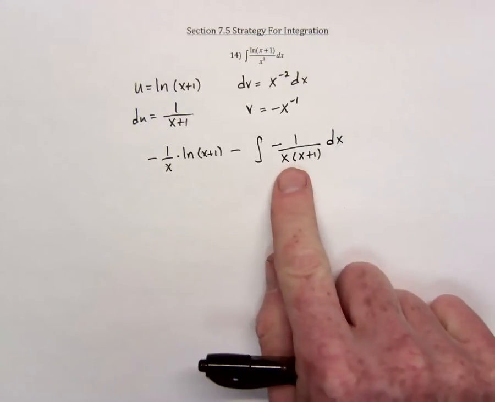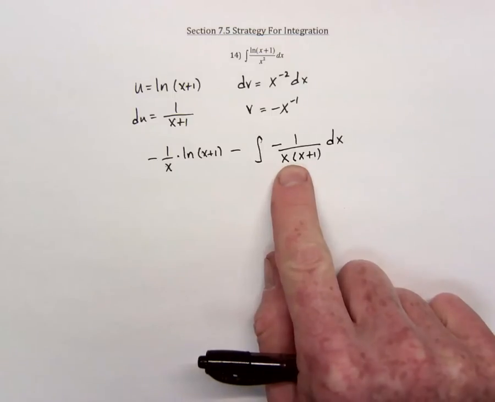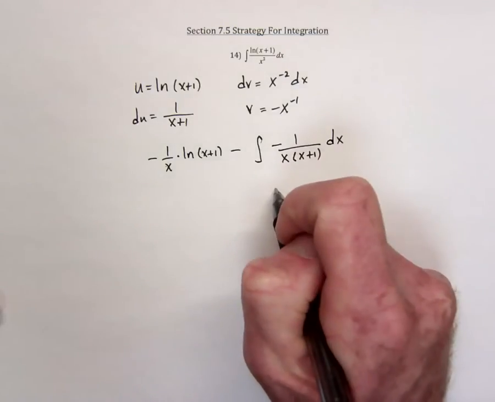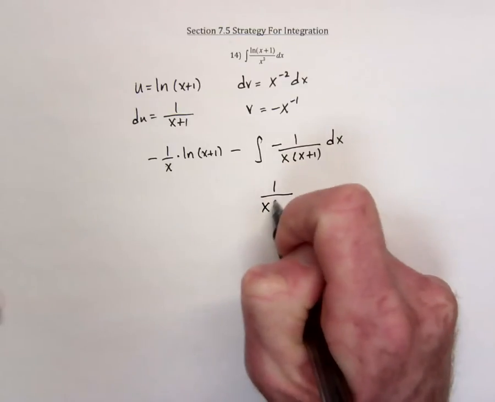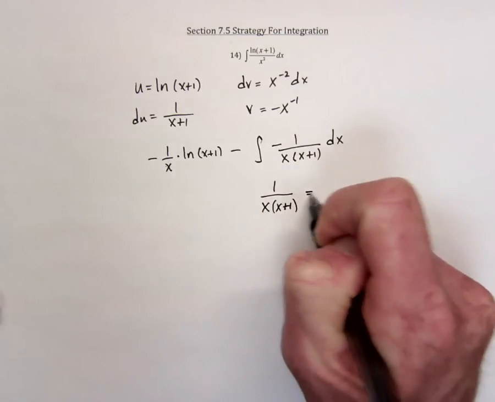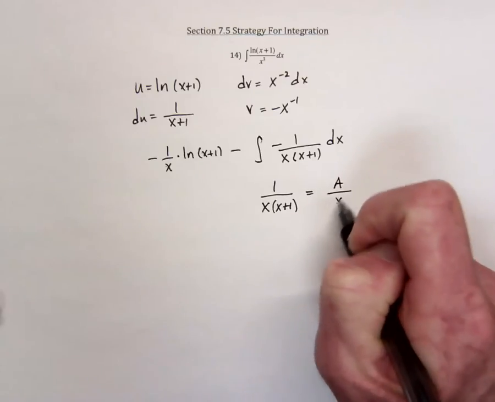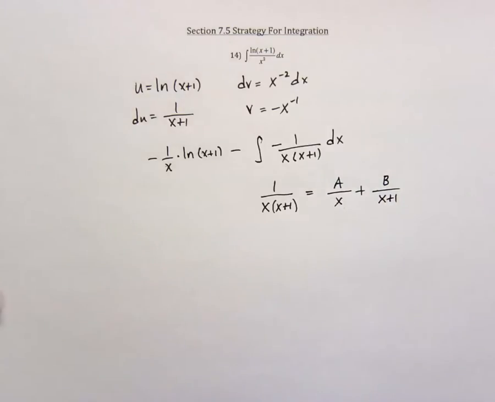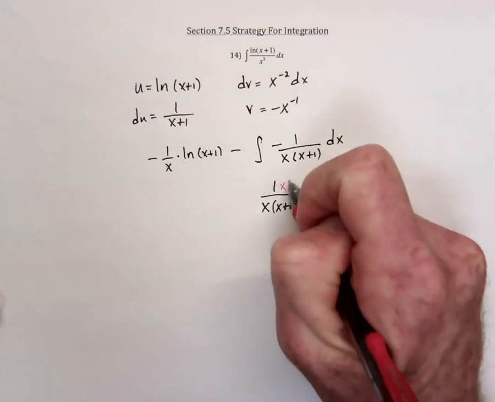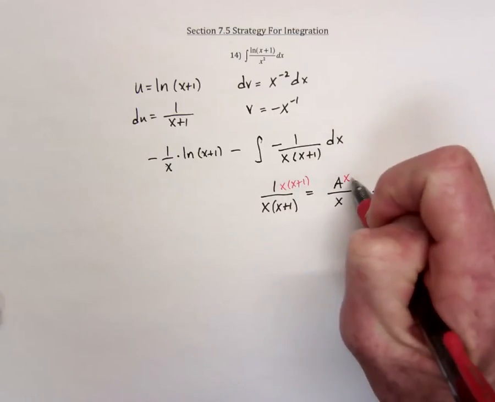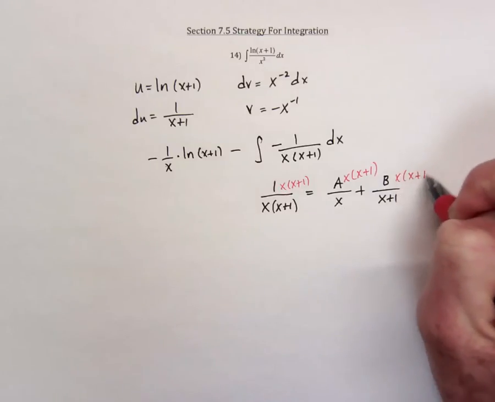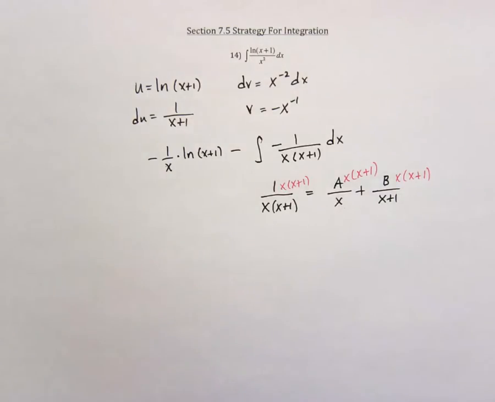Alright, now we need to work on this integral. And since the denominator is factored, it would be a good idea to use partial fractions. So I'm just going to work on the algebra for a moment. 1 over x times x plus 1 can be rewritten as a number over x plus some number over x plus 1. Now multiply through by the least common denominator, x times x plus 1, and